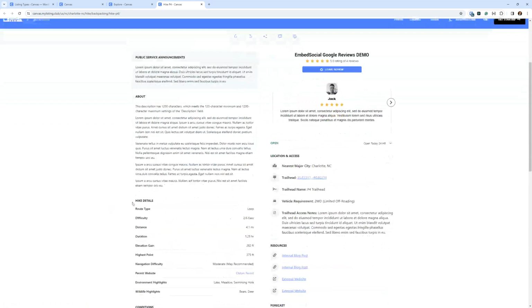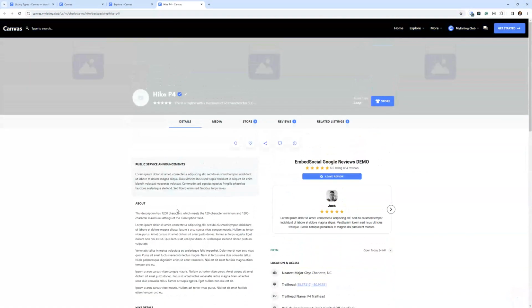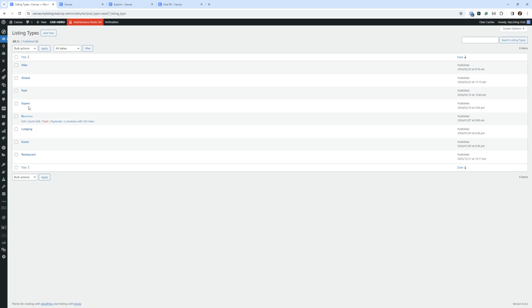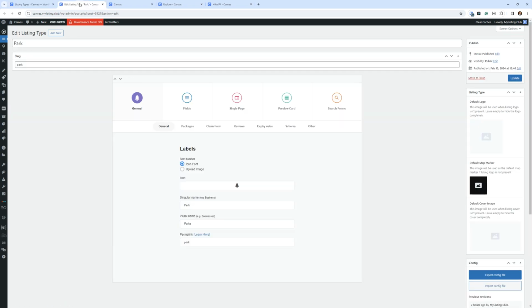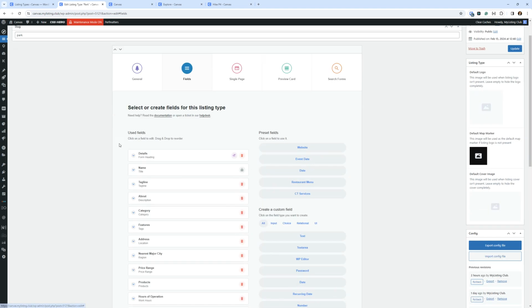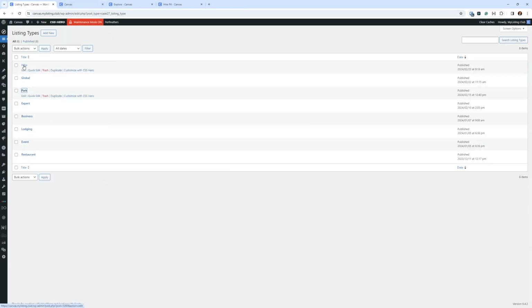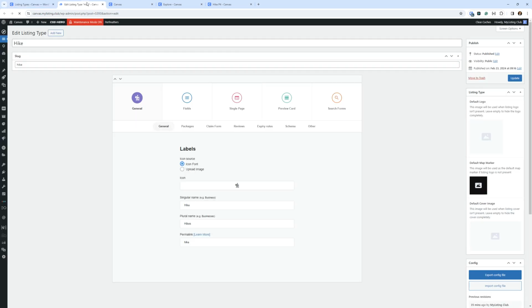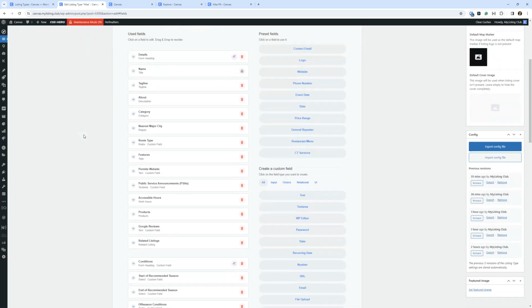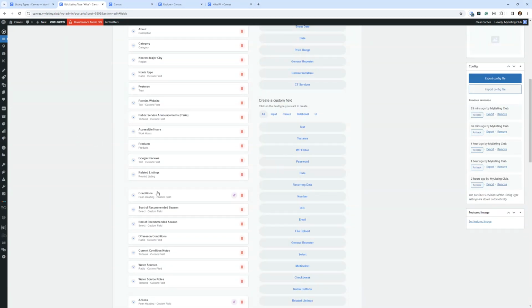All right, guys, that is it. These may not seem like much, but there is, let's look at the park, for example. There is tons of time that goes into building these, tons. Getting all of these fields. Oops, sorry, that's the wrong one. Let me go back here. Looking at the hike specifically, this one took a very long time to build. You can see all the fields, all the sections. Then you have to make all the decisions, like what are the choices, whether it's required, whether it should be shown in the listing comparison modal,